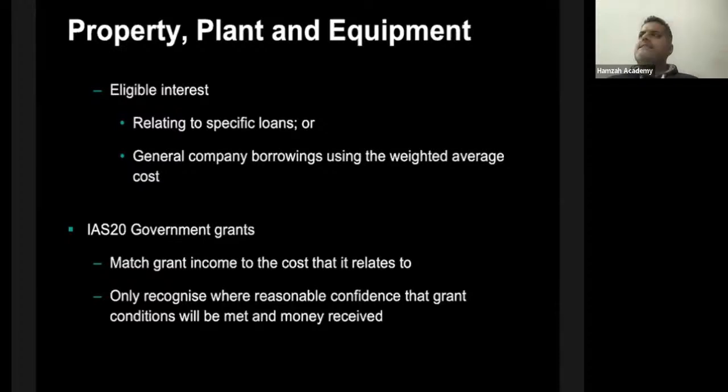The second one is related to an asset, where the government wants to promote a specific industry, and for that the government is providing you with help as far as the cost of the acquisition is concerned. So this is what we have overall related to the government grant. Now let me just take you back,